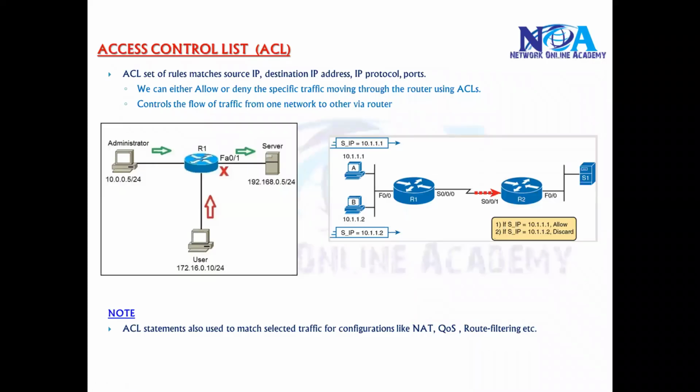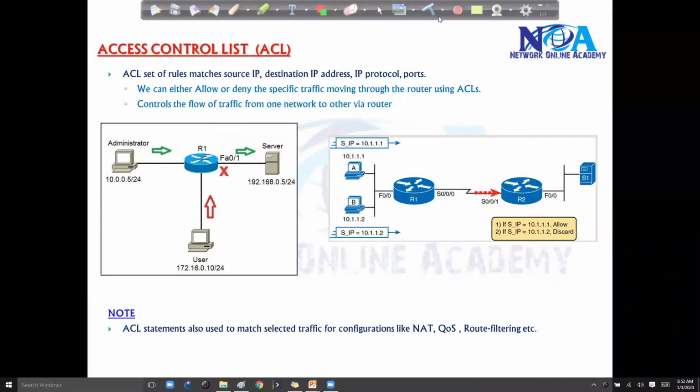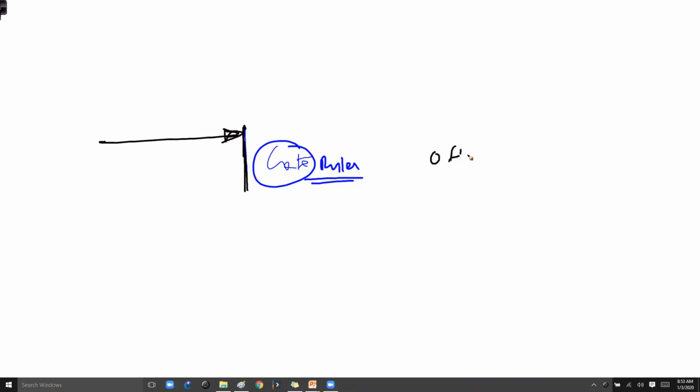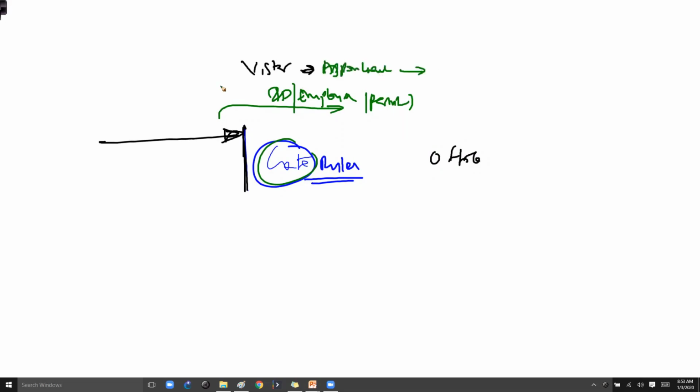Now you can compare these ACL rules just like the security guard of any company. Like if you take a general example, let's say this is your company gate and you will define some kind of rules for that particular security guard who is standing on the gate. For the people who are entering this office premises, I'm going to say that if this person carries some kind of ID card, basically if he's an employee, I'm going to say permit. And if there is any visitor, okay, if the visitor has any kind of appointment, I'm going to permit. If he's a visitor without any appointment, deny, something like that.